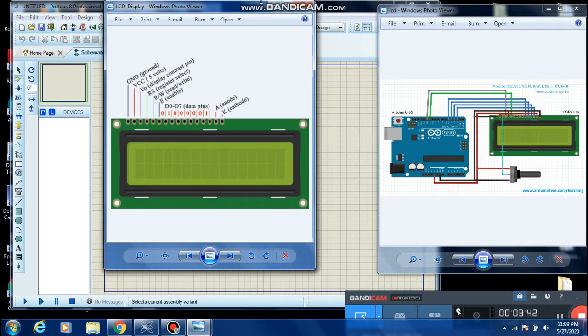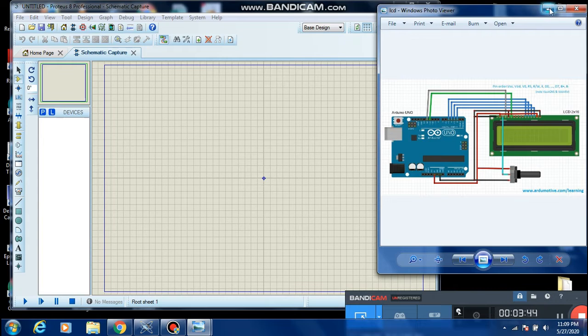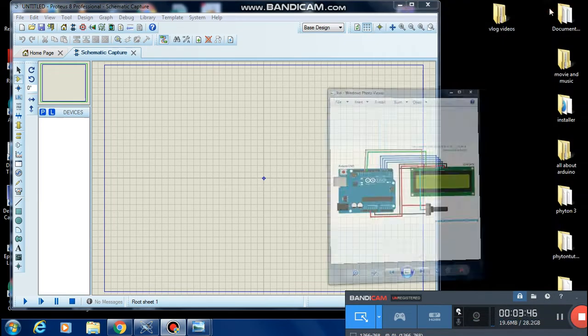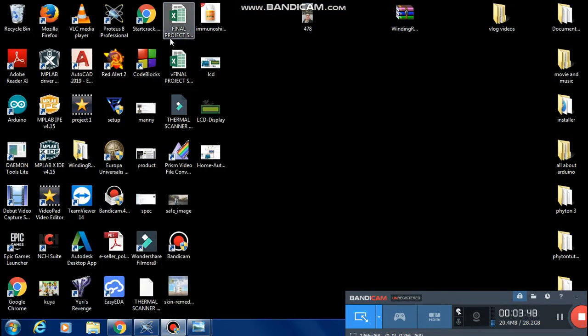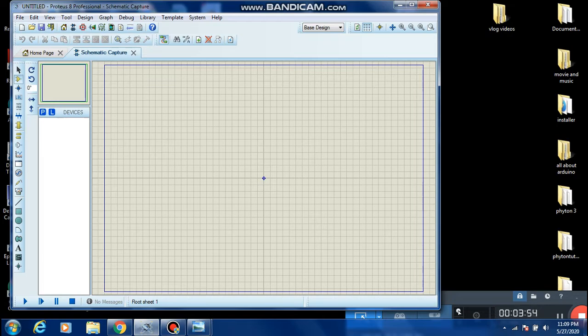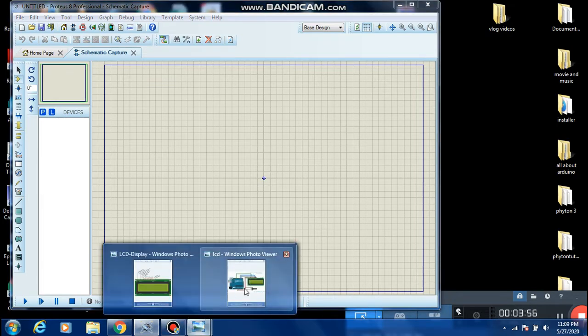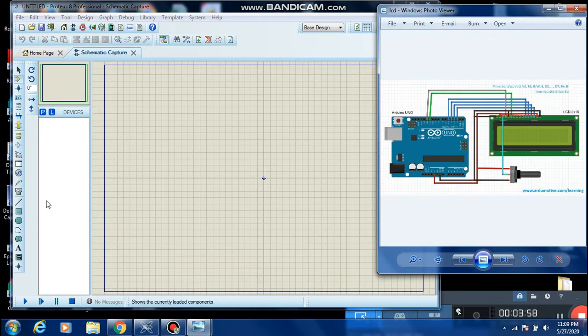Okay, so here we'll go back to our Proteus simulation software. By the way, my Proteus simulation software is like this one. I installed this on my PC. So I open this and I open my circuit diagram here. Now, if you want to select or make components in Proteus simulation software, you can just click this icon,